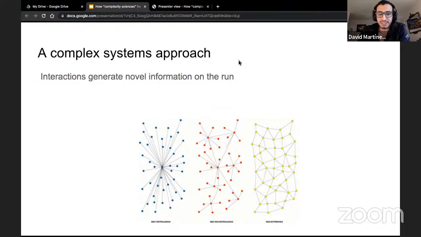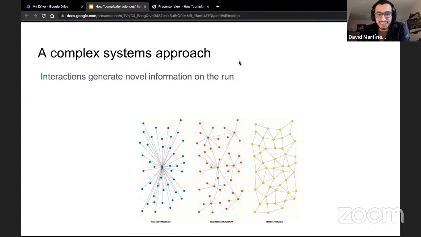And the interactions generate new information that we cannot predict from a set of initial conditions. The only way to see this new information is to run the model or to see the system running in time. That's the only way.